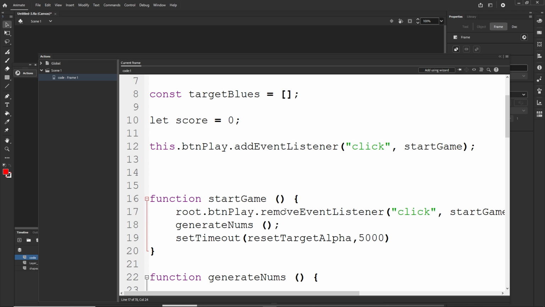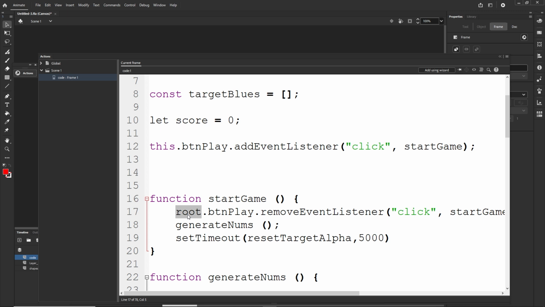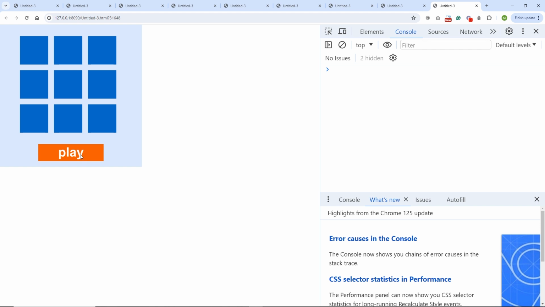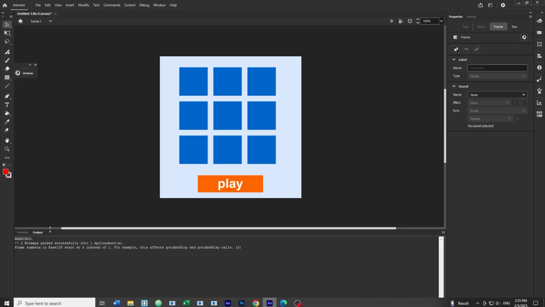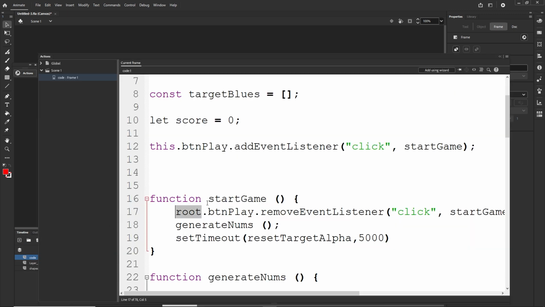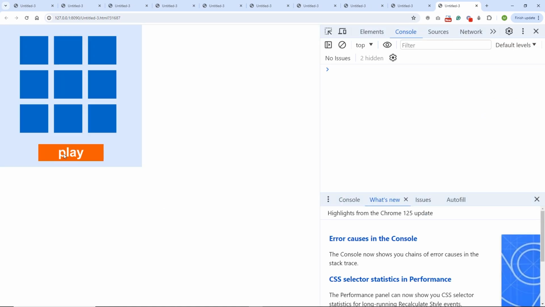You can try to keep this as a this, and you will see that you will have an error. I can show you in a moment, but right now I will go root.btn_play.removeEventListener and so on. So right now, if I click on the button play, I cannot click it anymore. Okay, and if I would have this as a this and not the root, like so, I will go with Ctrl+Enter. I would have some kind of error